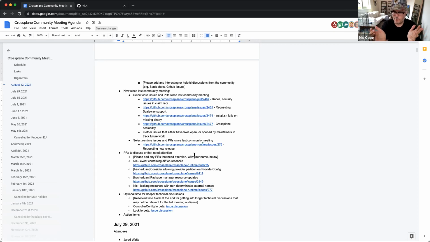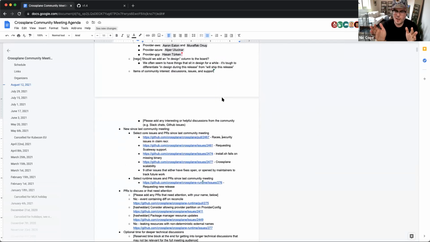And one of the forcing functions we discussed was to effectively do a status update of this meeting, so that we have to shame ourselves by saying there's 100 open pull requests or whatever, and so people have a bit of accountability there. So this is just my attempt to do that. We don't have to walk through all of them. There's perhaps some overlap with the PRs to discuss, but this is a handful of issues that I thought were of interest that are new since the last community meeting.